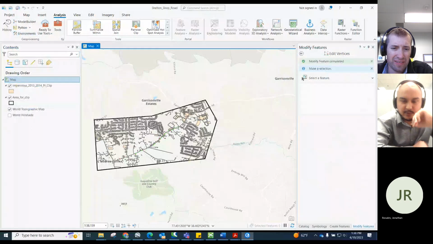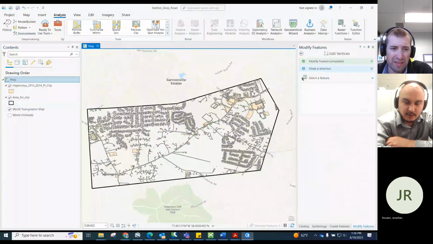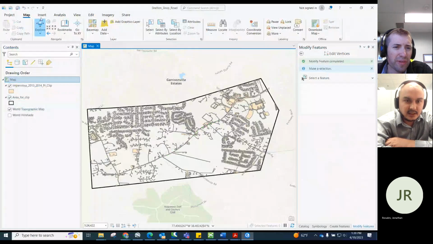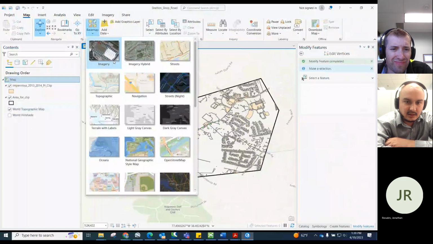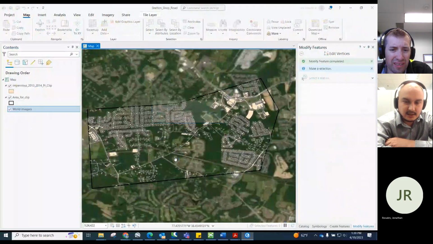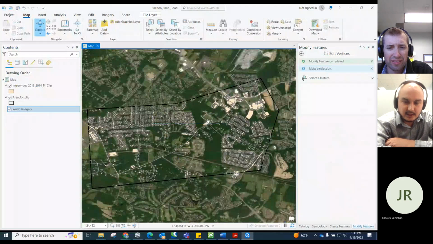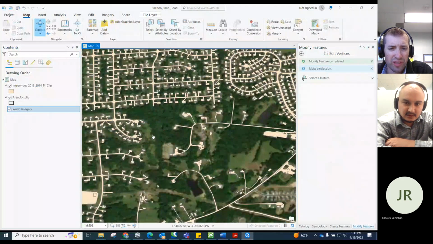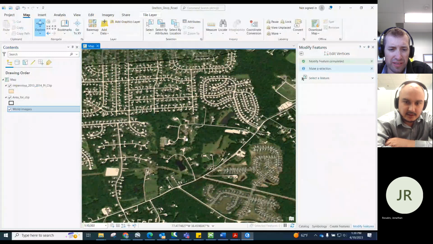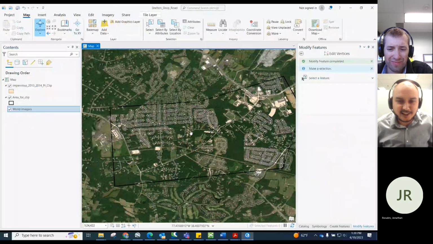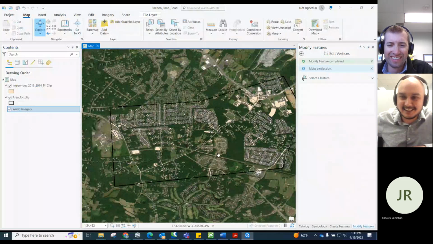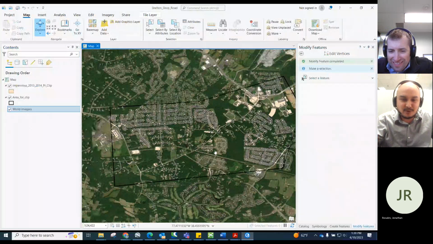So this impervious layer may not be complete. It may lack some things. We need to define that nearby our project site. Can I add an aerial, to be able to see better? Yeah, it's a good idea. The image is the first one. Looks pretty decent. In civil engineering we don't need to be exact.